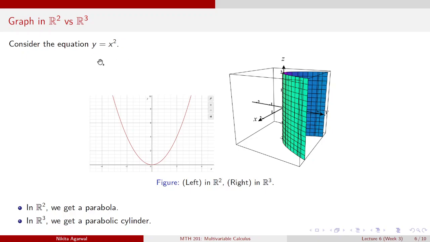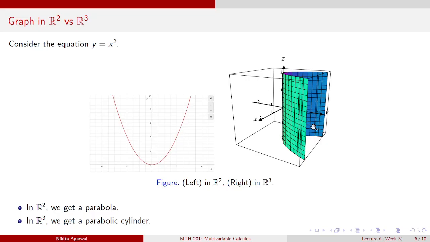Because the z variable is missing. So how were we plotting cylinders? The z variable is missing, so you put z equal to 0. Z equal to 0 means the xy plane. In the xy plane, you draw y equal to x square and extend it in both positive and negative directions of z. So this is what you get,